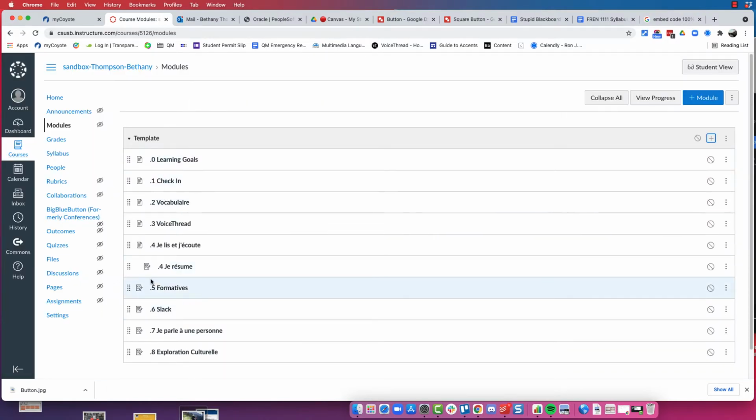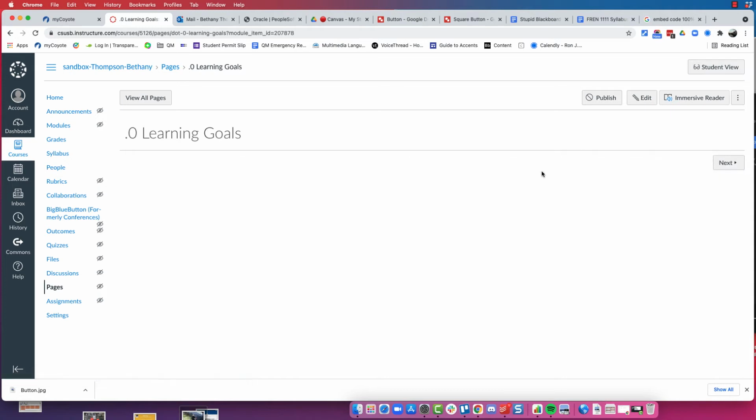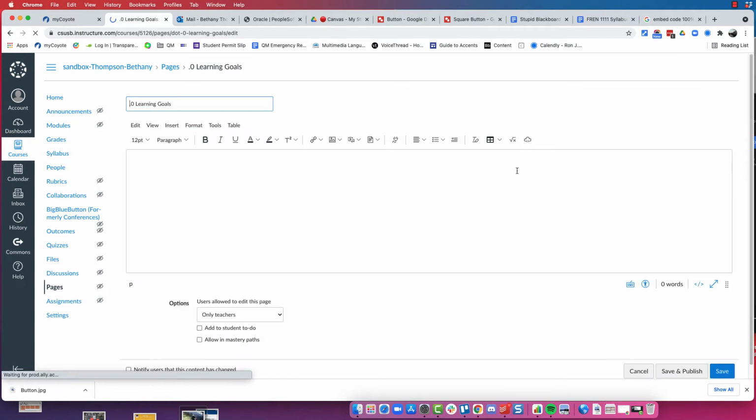So now I got my template. These are all the things that people are going to have to do every week. Always the same, every week, always the same kind of stuff. So now I'm going to go ahead and I'm going to edit it. And I'm going to edit the learning goals first. So I'm going to go ahead and push learning goals. I have a nice little picture for this one. I'm going to edit. So let me go in here to the Finder,